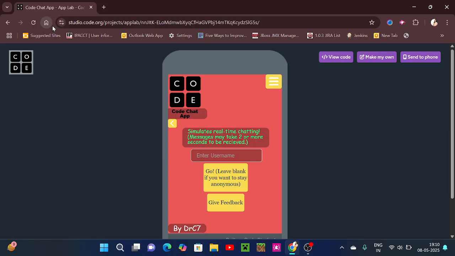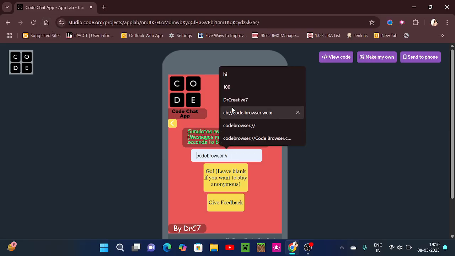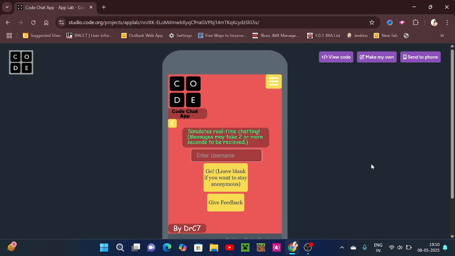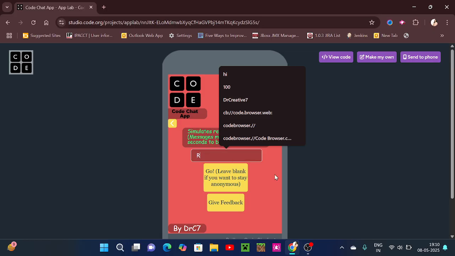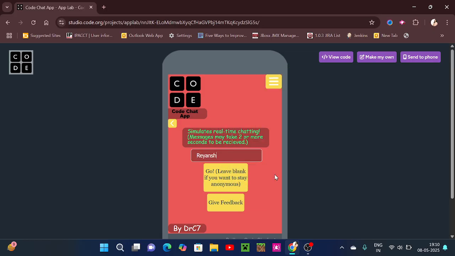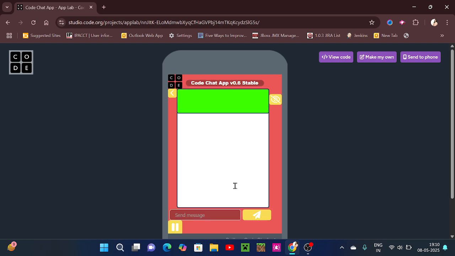So I'm going to enter my username first to show you the main feature, which is the chat. Then I'm going to show you some additional features. So let's enter the name, which is Reyansh. Now it will load.